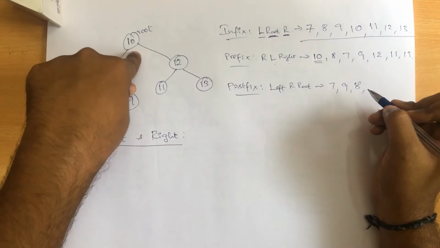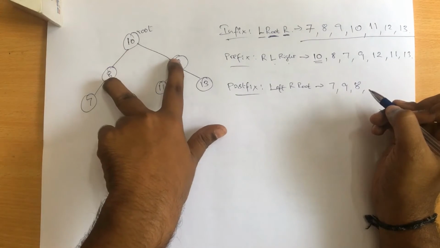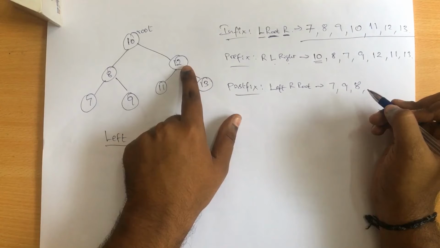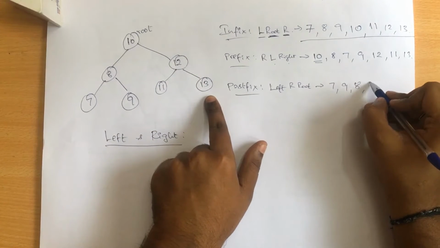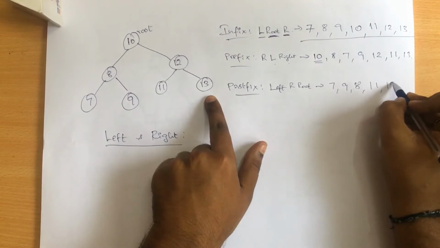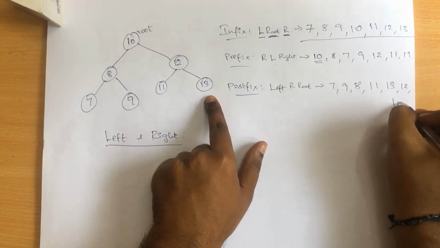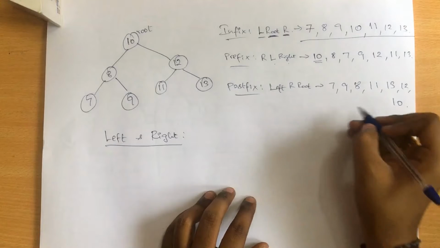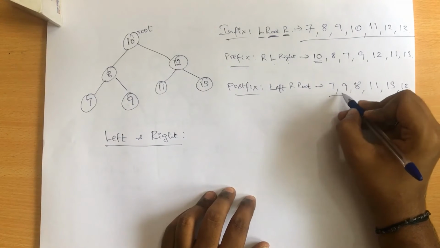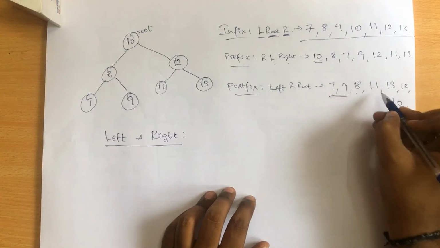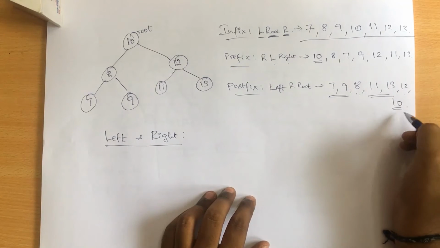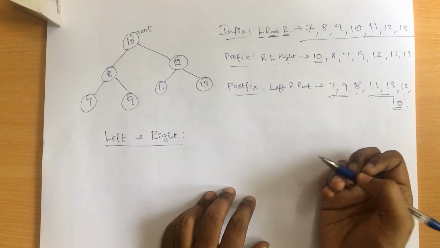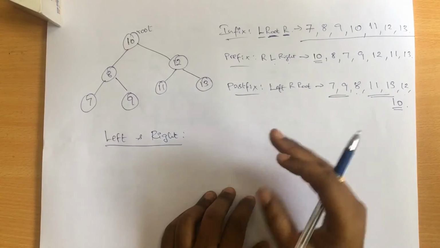Same way, now I cannot print the root node. Still I have right node to be focused on. So when I come back with right node, it is actually 12, but still 12 has left and right node. So directly print 11, then 13, then 12, and at last it should be 10. So if you see this further, 7 and 9 belong to 8. 11 and 13 belong to 12, and now 8 and 12 belong to 10. So this is how our program actually gives the value for a postfix notation, right?